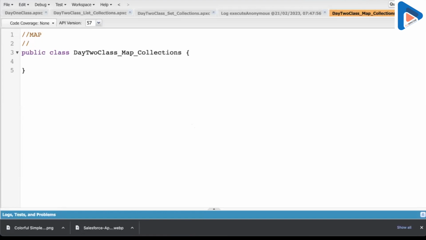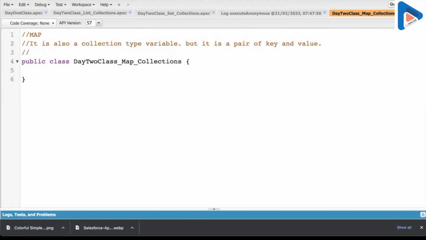So map is also a collection type variable. It is also a collection, but it is a pair of key and value. Key and value, where